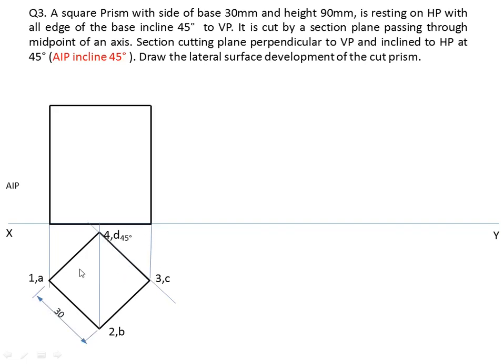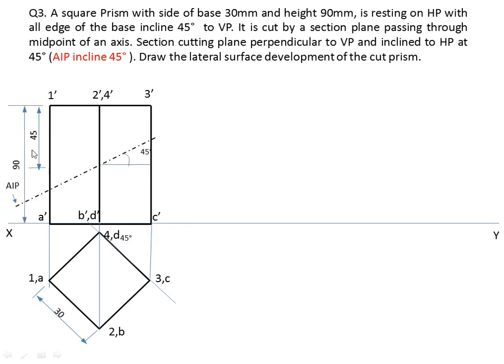Now this square prism in front you look like a rectangle, so the height of the rectangle is 90 mm. Okay, now if you see here, you can see the outer edges. Again you can see this 2, B, this edge is also visible. Next give the naming: A dash, B dash, D dash, C dash. Then it is passing through the midpoint, so here 90, and give the dimension. Here this is the midpoint of the axis. The axis is also here, so it will be the same passing. It is behind this edge.